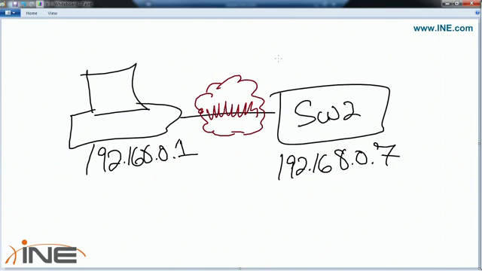The key is that since they're in the same VLAN now, and we're going to talk about that in more detail tomorrow, exactly what that means, I can now test with some of these basic IP tools if connectivity up to layer 3 and beyond is working. So based on the fact that I was able to go to the switch and ping this address,